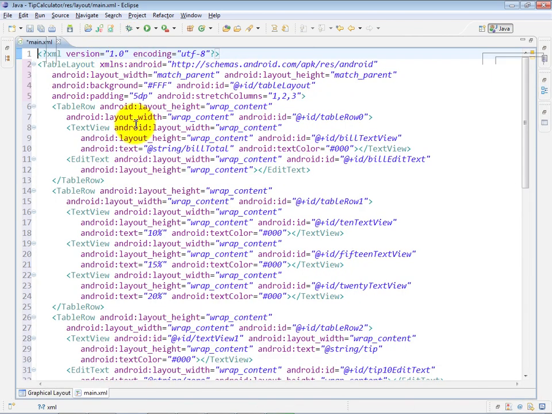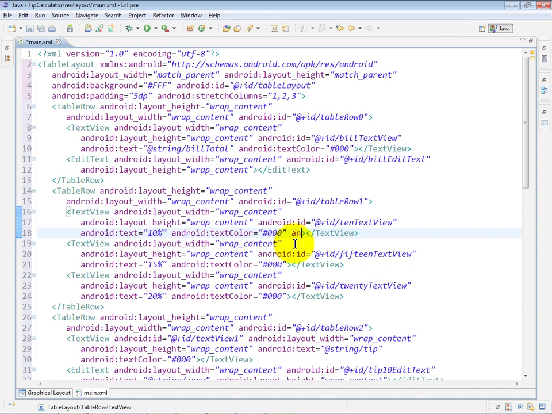And if I expand this a little bit, you can see now some of the nesting in the table layout and the different table rows, and then for each of the elements within the rows, it's gone ahead and formatted those as well. So here you can see at line 16 in the formatted code now we have our 10 text view, and basically we want to add another attribute to the text view's XML representation here,